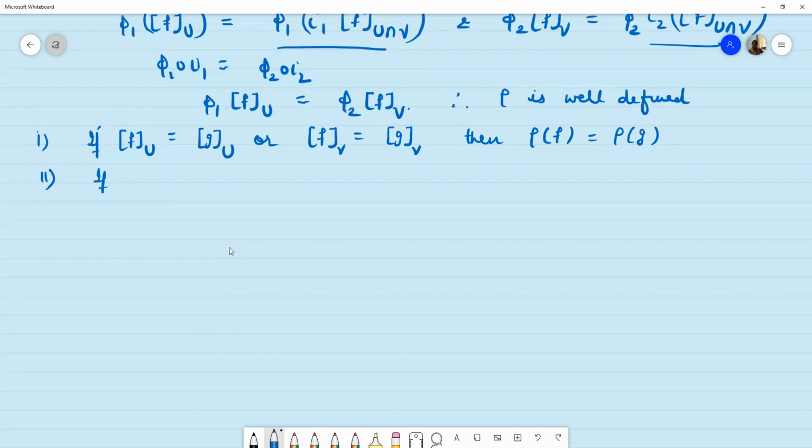And second condition, we will prove that if both F and G lie in U or both lie in V,